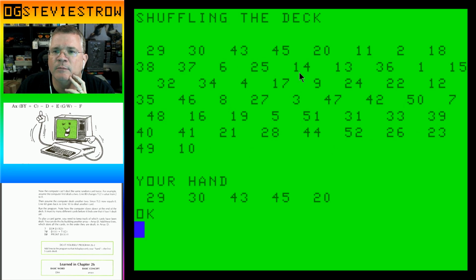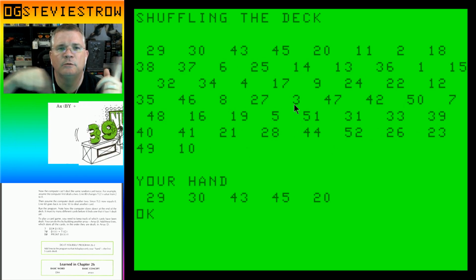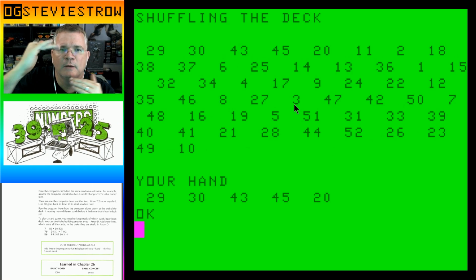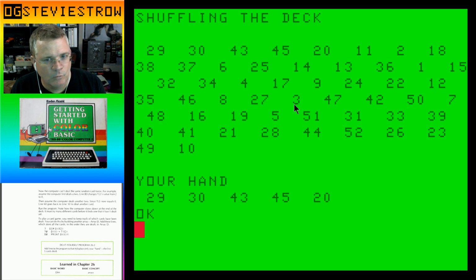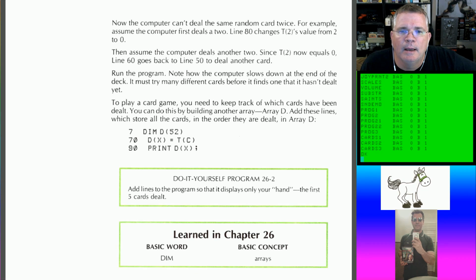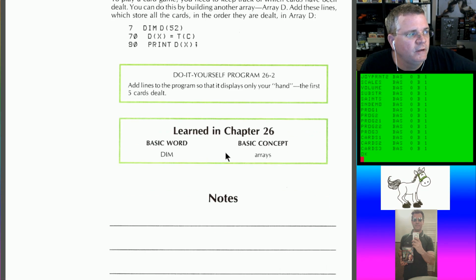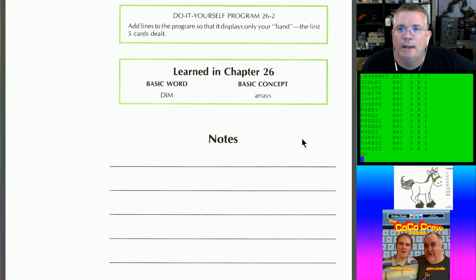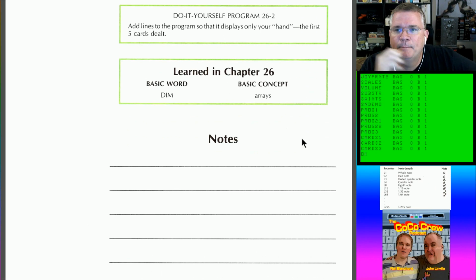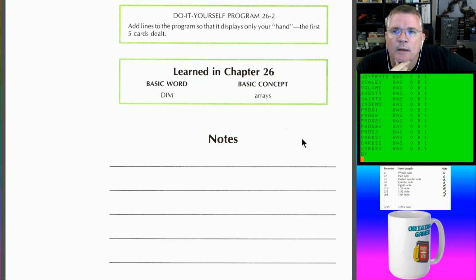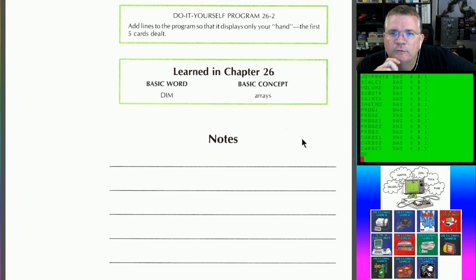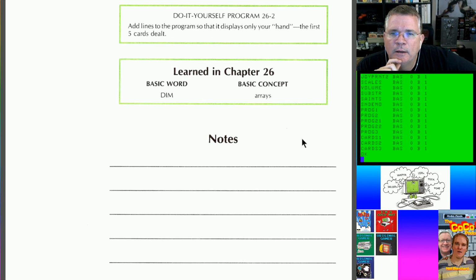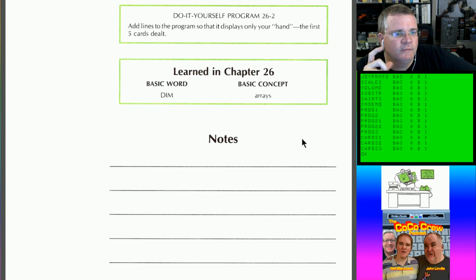These are all 52 of the numbers. None of them are repeated because of the little logic checking that we went through to make sure that we mark them off as they're issued so we don't issue them again. And that was the program. That was the chapter. And they are using dim to create a dimensional array, right? So it's becoming kind of like a multi-dimensional situation here where it's the variable with these subsets, so A1, A2, A3, and A4. So 2 concepts, dim and array, were covered here,